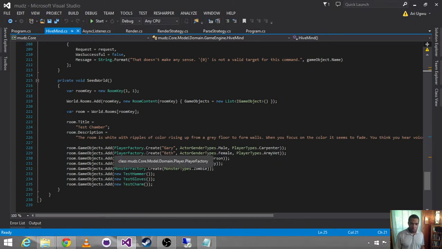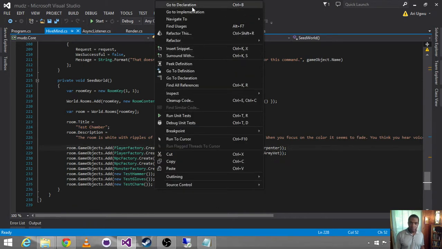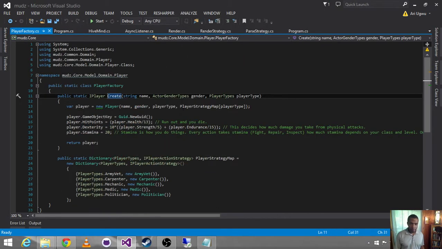And inside of player create, inside of that factory, let's see what I'm actually doing. Okay, so I never explicitly set the type to in play.